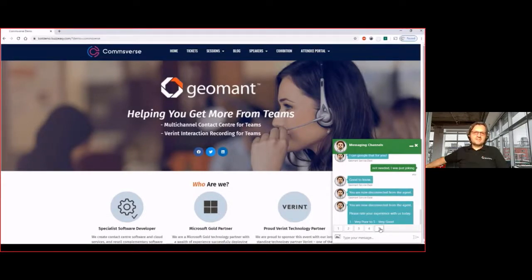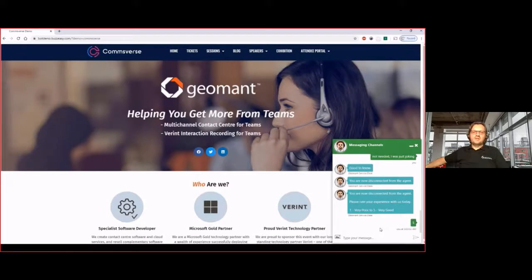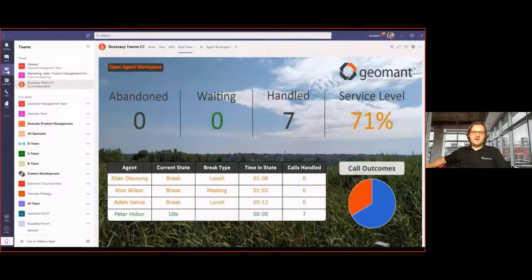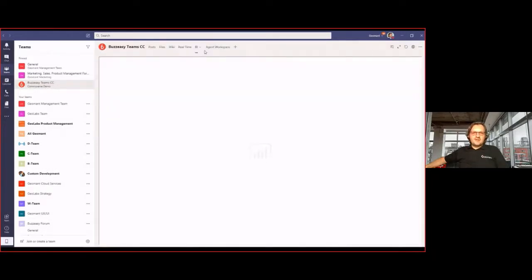So now the customer is talking again with the bot, and on the bot we have a small survey, basically just rate 1 to 5. Let's just come back to the real-time dashboard, because we can see that there are now different types of call outcomes or conversational outcome codes visible here. So that's also something that you can see. And as I'm talking pretty fast here, the service level is better than when we started this session. So that's good. So I said that we will come back to the BI.